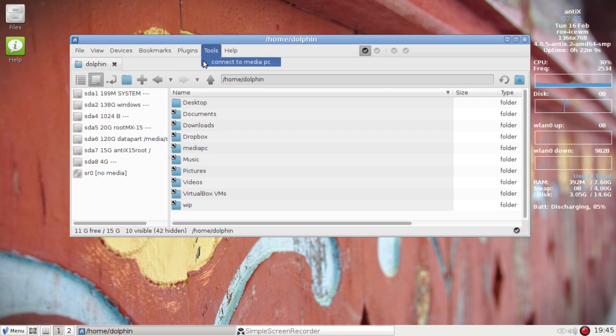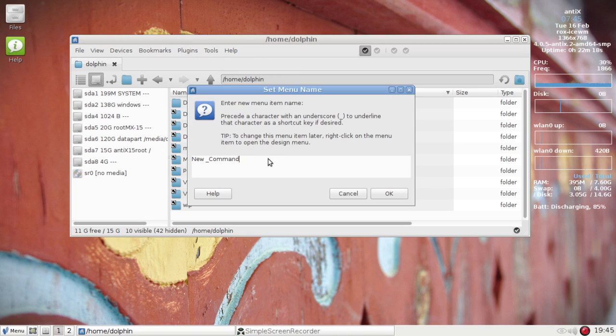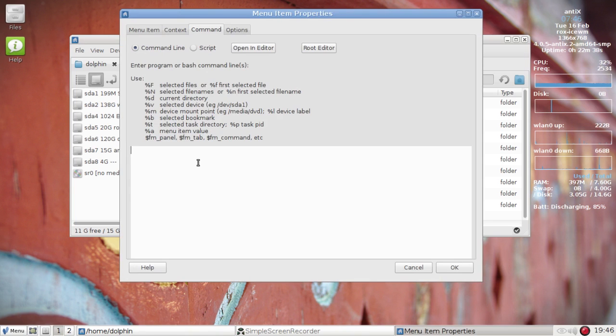Now, when you do this again, there's no new add command. That's an old holdover. So you do a right click on the thing and say new and command. And now I want to link to another one. All you have to do is say connect share or connect to. This doesn't matter. This is just a label. Connect to my scan folder, for instance. Okay. And now I'll say connectshares